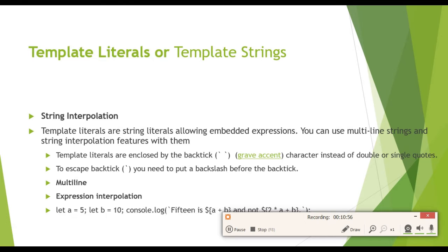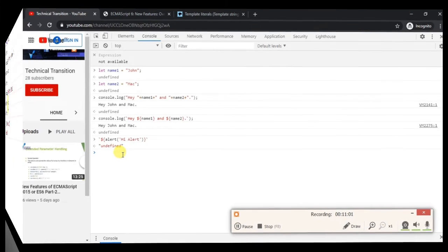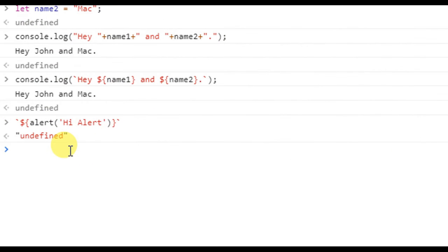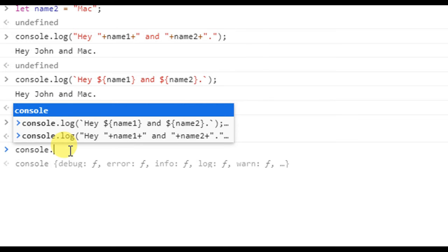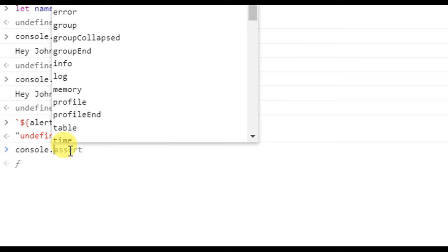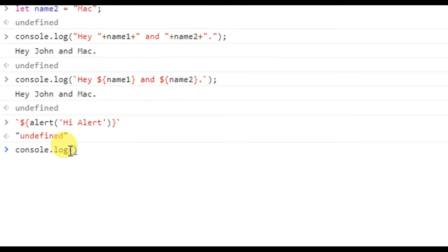See how we can use a multi-line template literal, multi-line string. In the normal case, if I want to print a multi-line message, how can we do it? Console.log hello friends. Now I want to add hello friends, how are you?